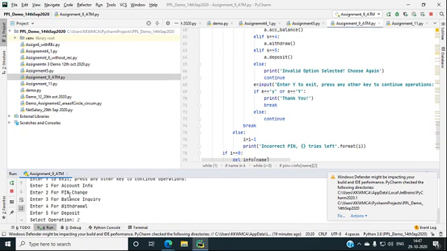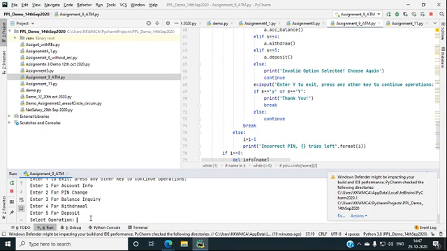If I select the second operation, that is pin change, then it will ask for the original pin, that is your 4545 pin. Then it asks for the new pin. Let's say I put the new pin as 5454. Yes, then the pin is updated here. Next, the third operation is for the balance inquiry. Account balance, initially we maintained 12,000.